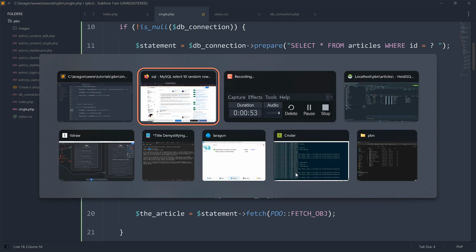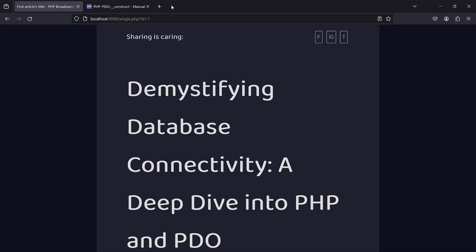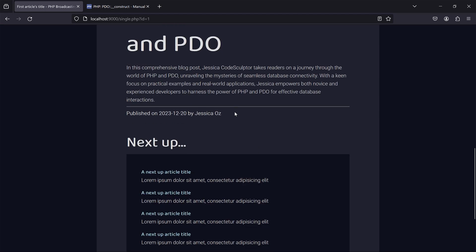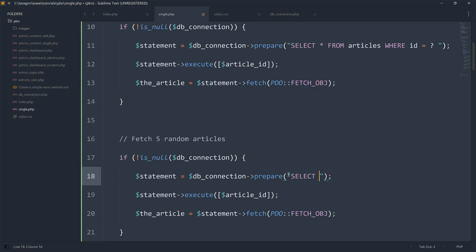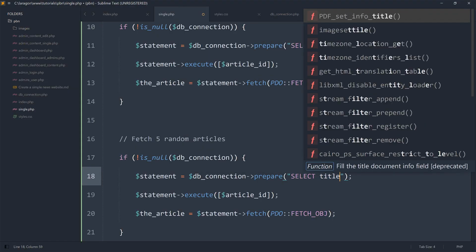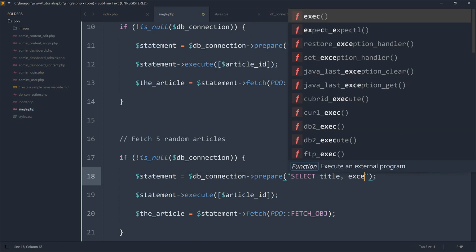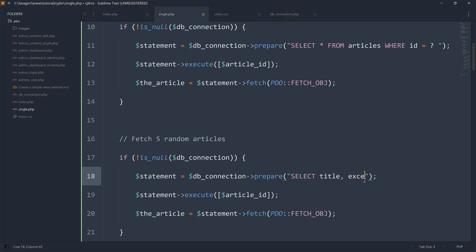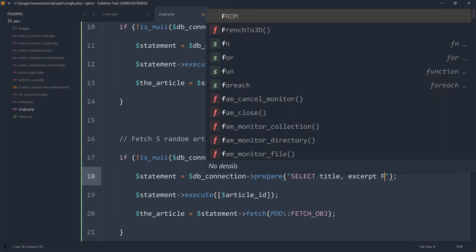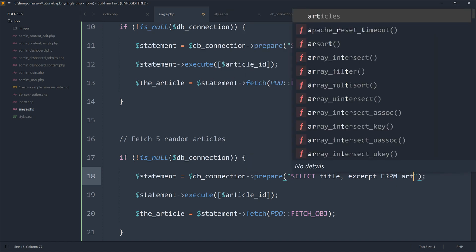and you can notice something before we continue. If you look at the next up articles, we just got the title and then the excerpt. So that's all we need. So this means in our statement, we could already specify that we want just the title and the excerpt. So let me pick that very well to be sure of the spelling. That's it here. So we just need the excerpt and the title from the articles table,